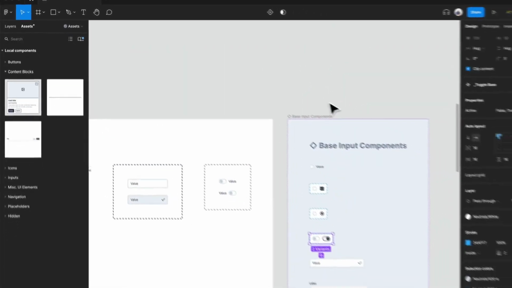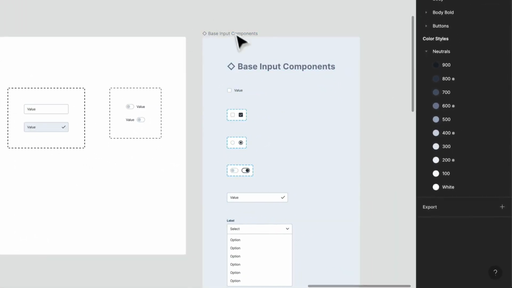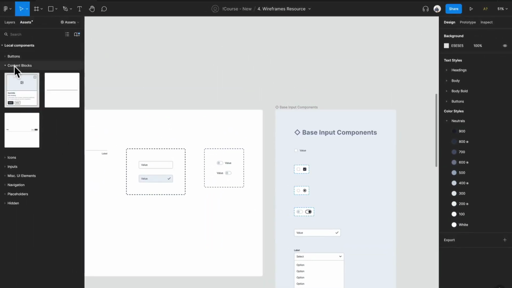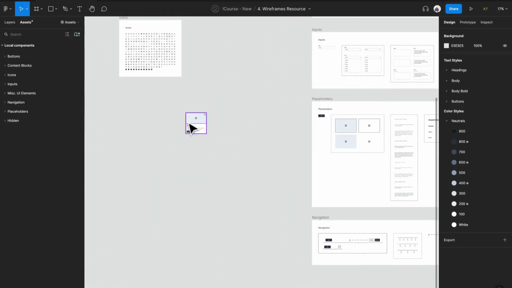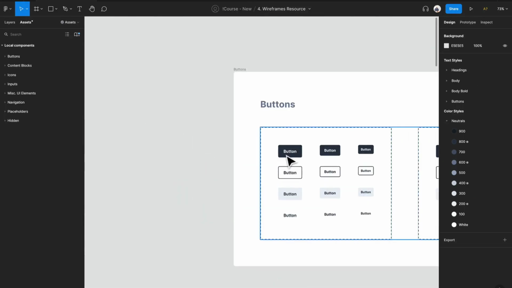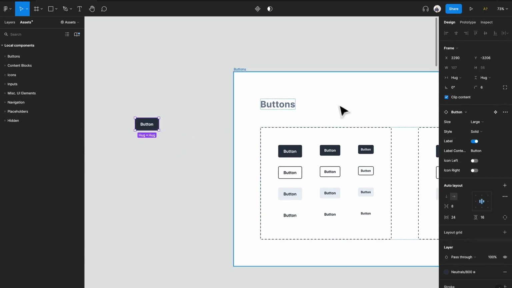So definitely don't delete these, but these are where you're going to change the styling of some of these components if you really want to. I would definitely urge you to keep things really simple. You don't need to do that for all these different types of components. But like I said, you can just take these components,